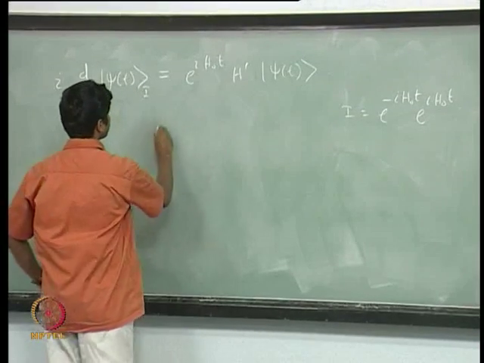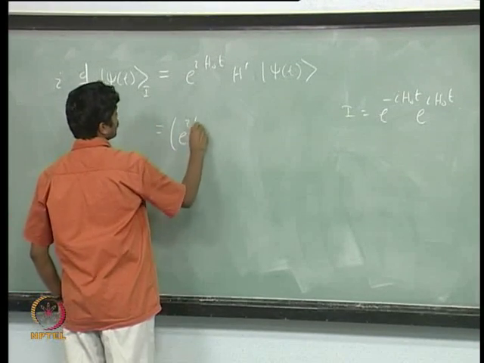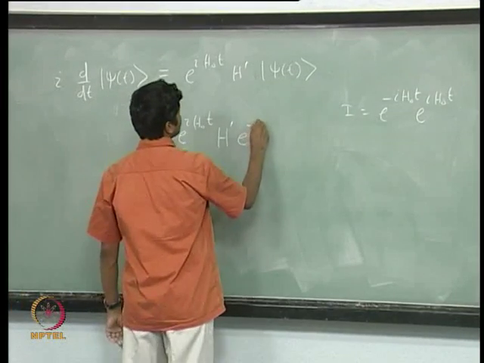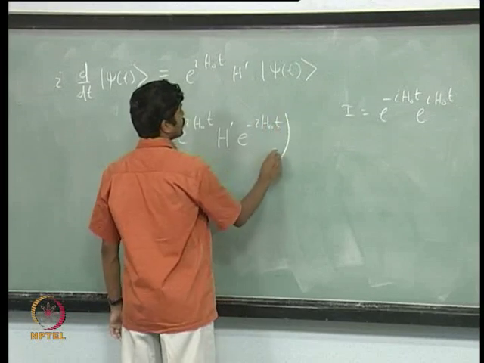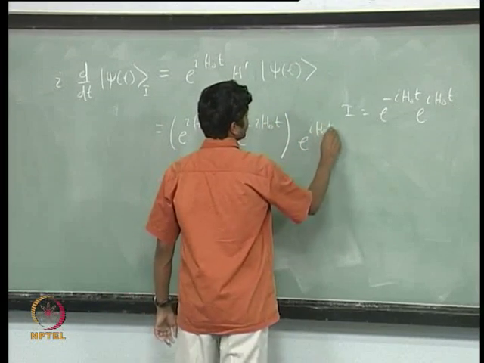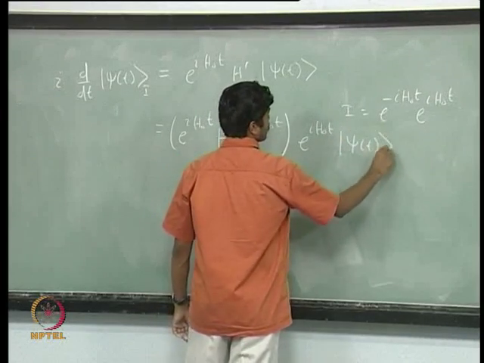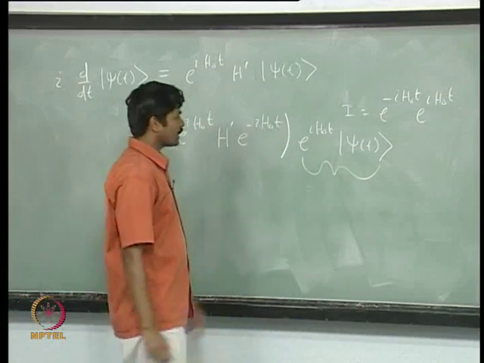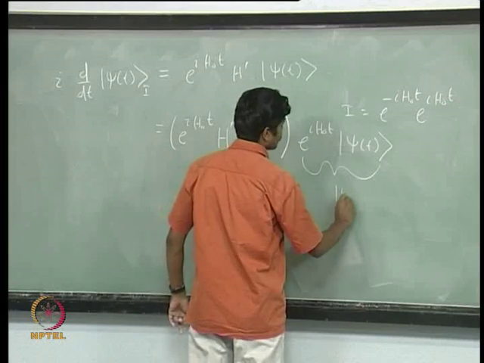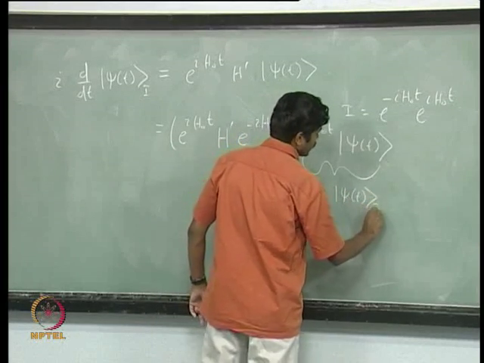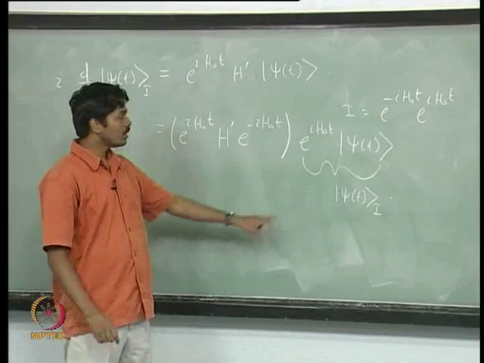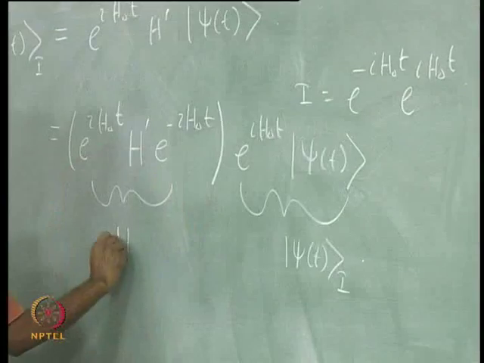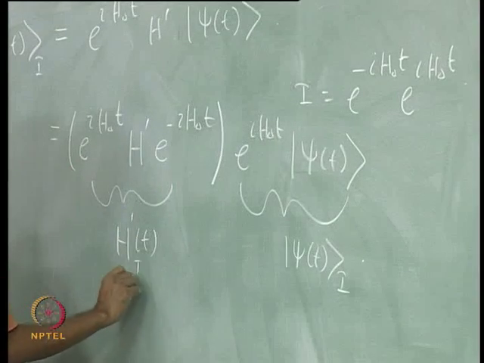So, if I do that, then what I have is e to the power i H0 t H prime e to the power minus i H0 t and then e to the power i H0 t acting on psi t. This is nothing but, according to our definition, psi t in the interaction picture, whereas this is the operator H prime of t, which I will call H prime I of t,